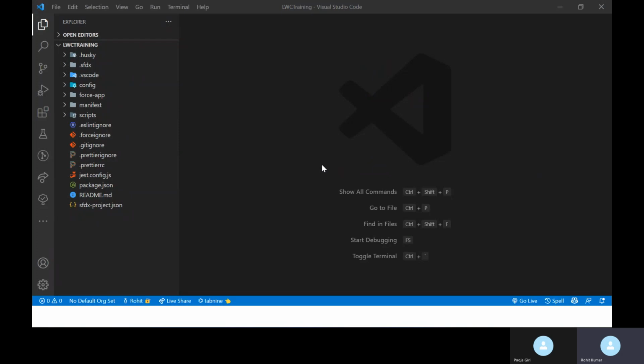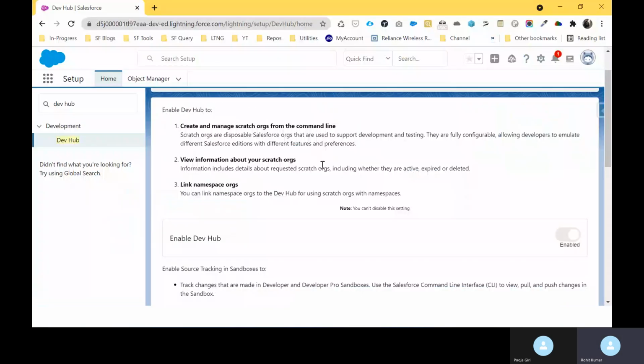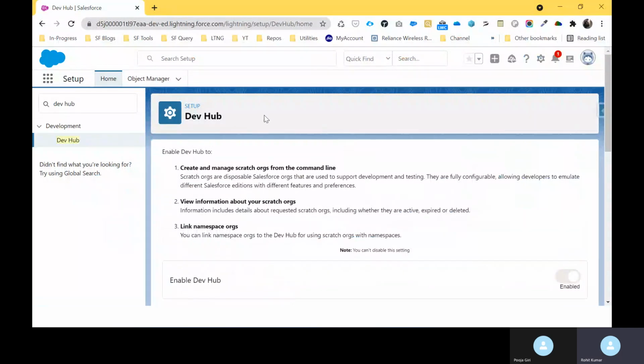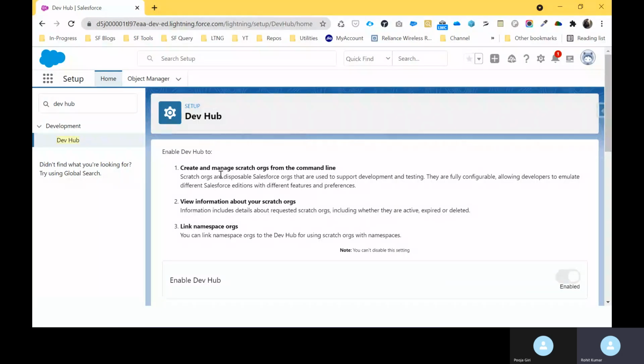Let me open this one. This is different right now, and this is different right now. I want to connect this project with this org.